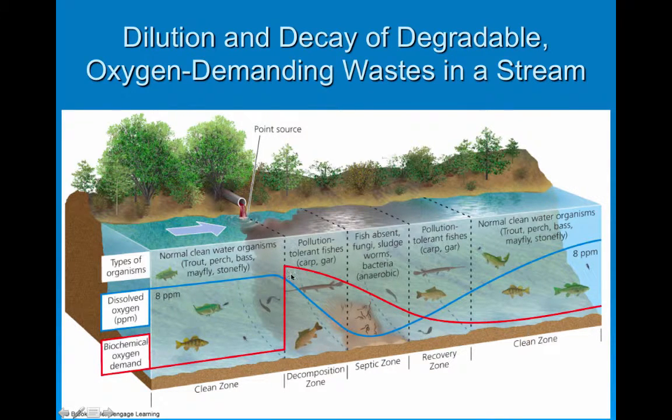So it starts under the pipe, but then that oxygen dips to almost nothing a little bit downstream, and then eventually it picks itself back up as the bacteria do their thing, and water flow dilutes the waste and so on and so forth. So just be aware that this phenomenon exists, and if you're presented with this graph, that you're able to interpret it correctly.